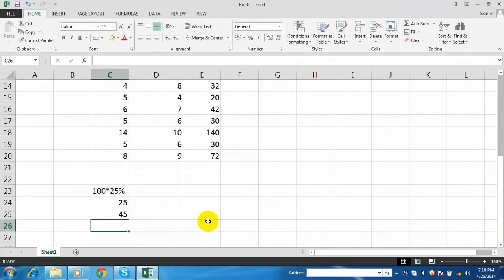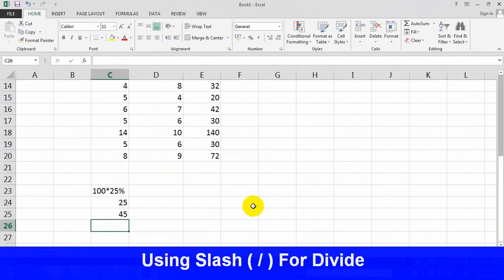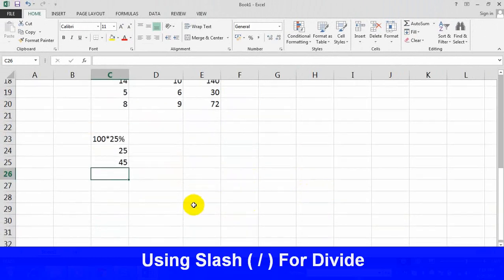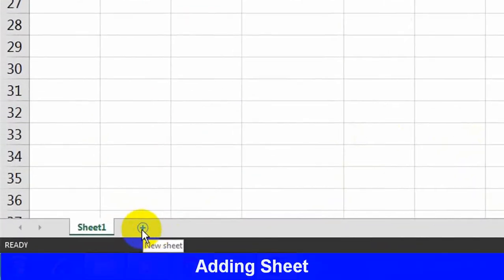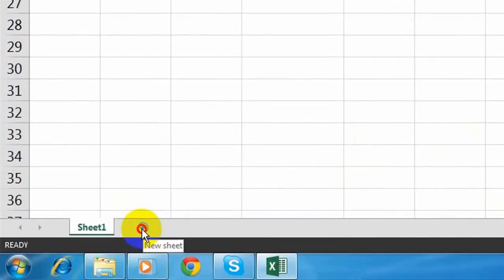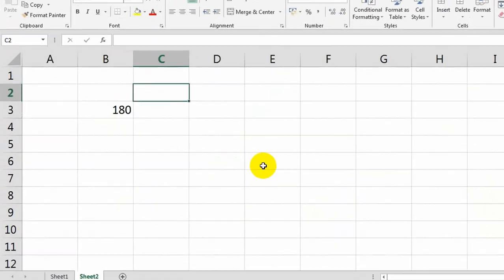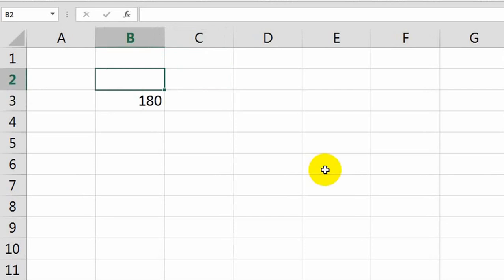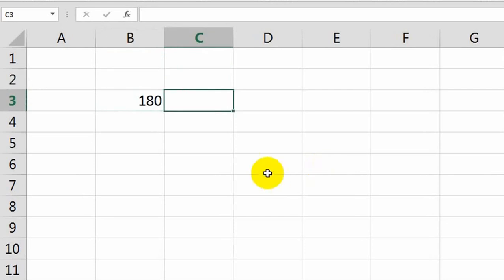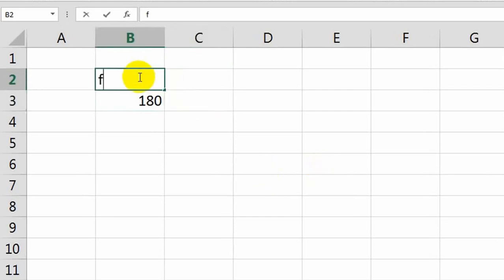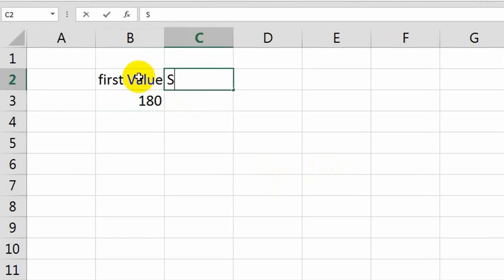Now let's use slash. It is used for divide. For example, now let's add sheet 2. Now here let's divide some values, like 180. It is the first value, and here the second value.